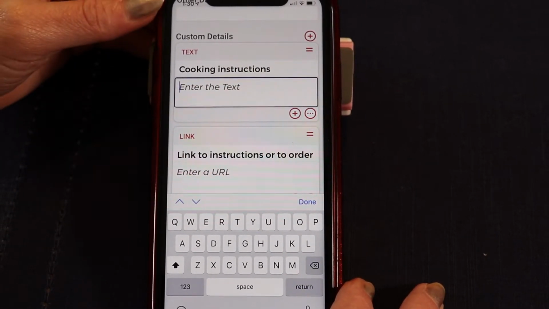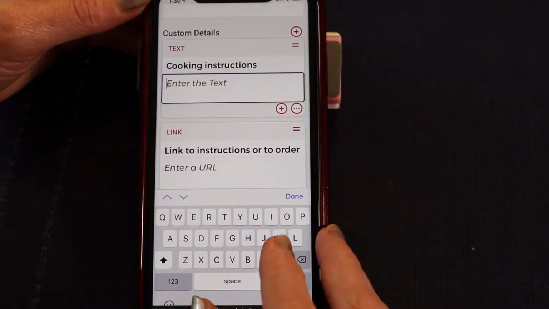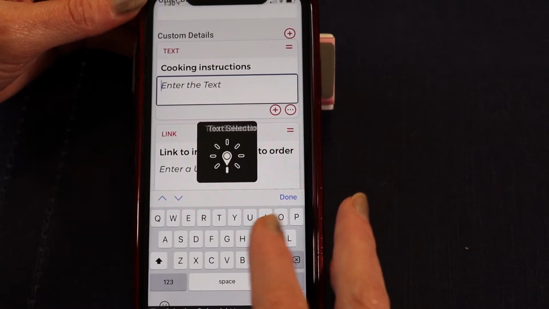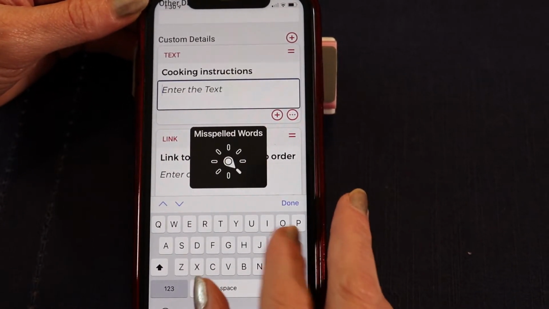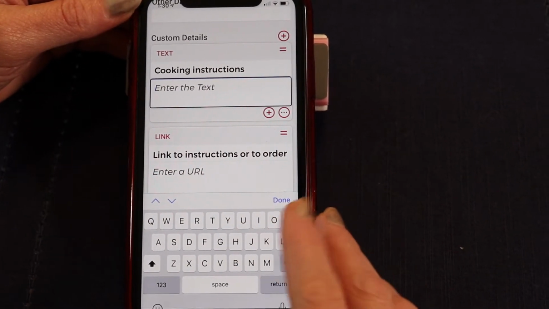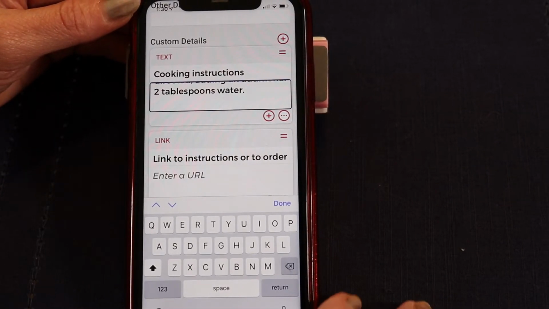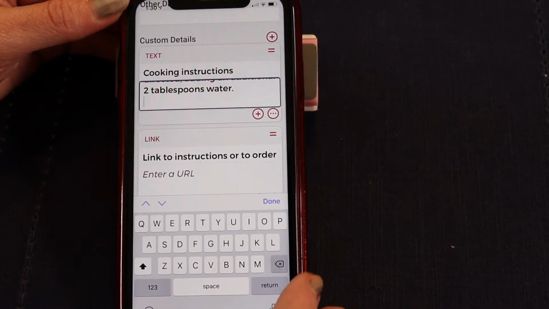So I created a custom detail that says cooking instructions, and I'm in the field where I want to paste the information. So I'm going to use my rotor, text selection, to go to edit. I'm going to flick up until I get to paste. Paste. Double tap. And there they are. So now we need to hit the done button, which is on the right hand side,